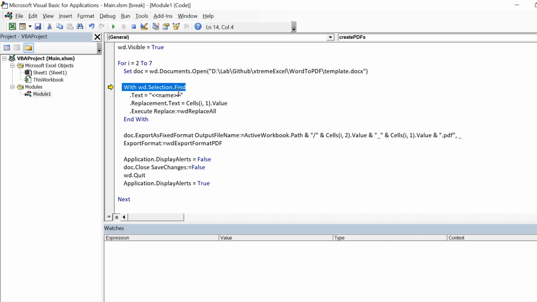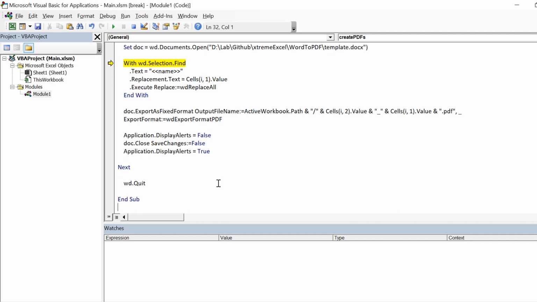So we can see here it is not able to replace the text. The reason is it is not able to open the document in the previous statement, and the document was not opened because we have used wd.Quit in the for loop itself, and for the second iteration or the second name the application does not remain open, therefore it is not able to open the document as well. So we need to keep this quit application outside the loop.